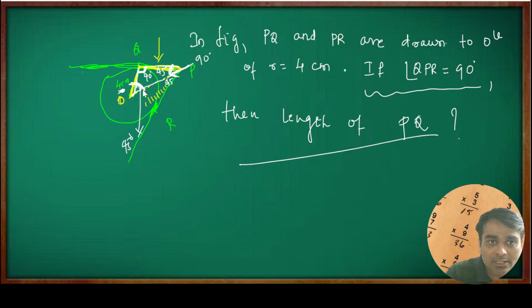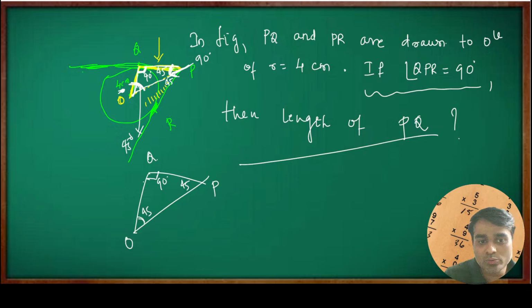If you want, I'll write the triangle once again. P, Q, O. So this is 90, this is 45, this is 90. So how much will this also be? 45. Now you can see two angles are the same and this side is given 4 centimeter,